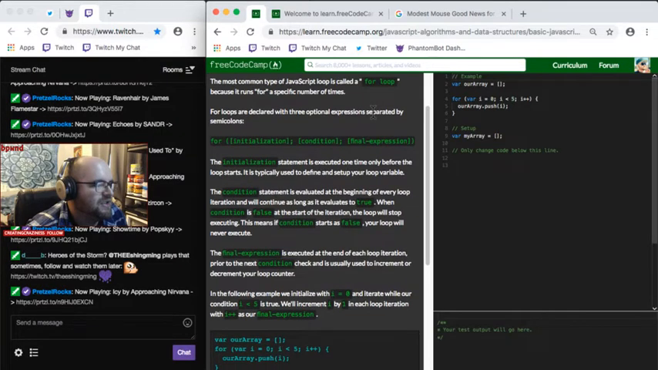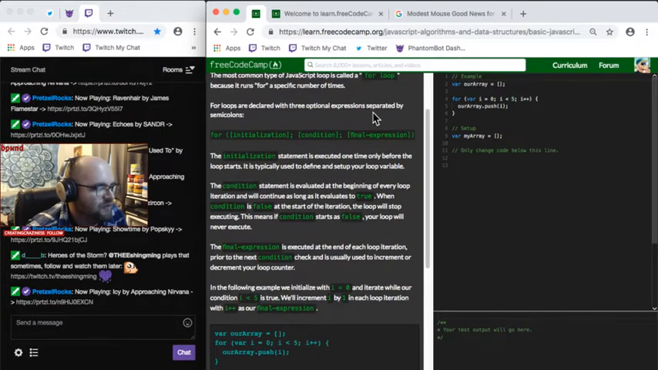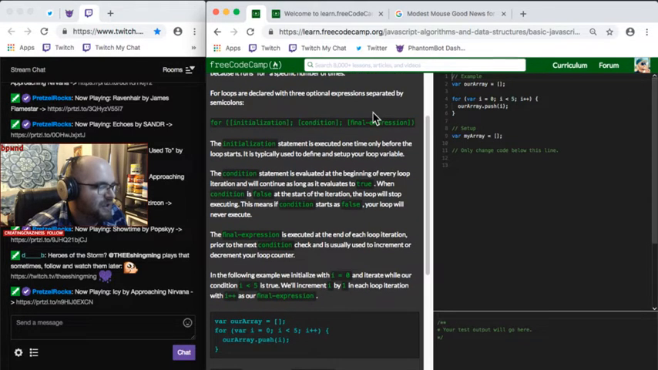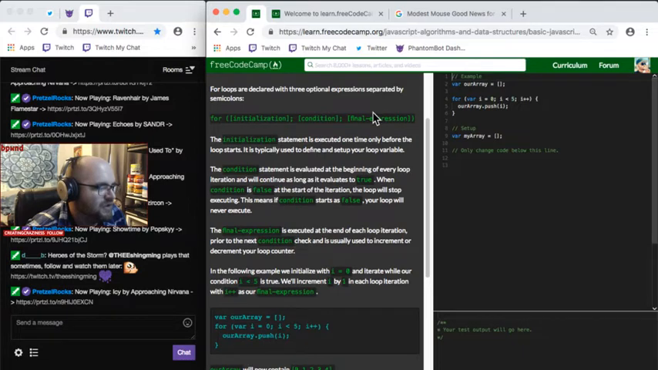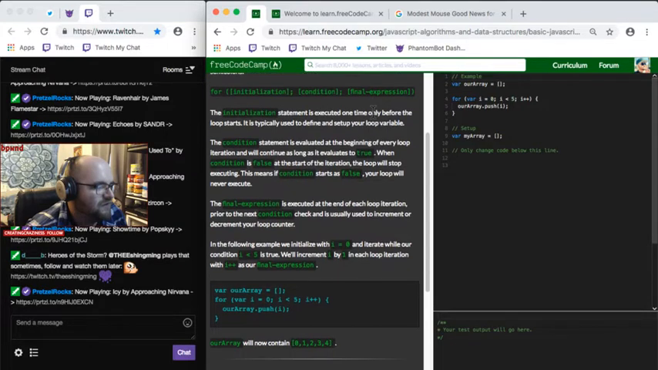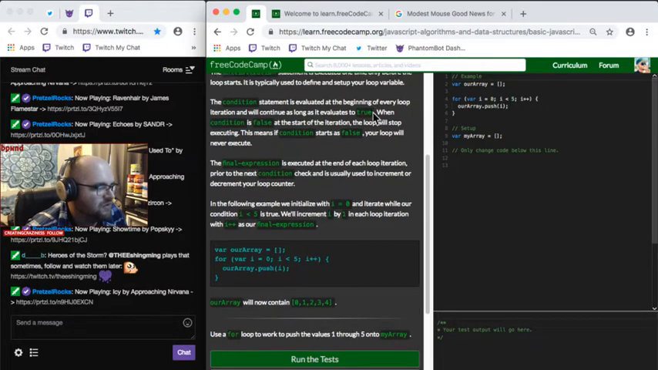The initialization statement is executed one time only before the loop starts. It is typically used to define and set up your loop variable. The condition statement is evaluated at the beginning of every loop iteration and will continue as long as it evaluates to true. When condition is false at the start of the iteration, the loop will stop executing. This means if condition starts as false, your loop will never execute. The final expression is executed at the end of each loop iteration prior to the next condition check and is usually used to increment or decrement